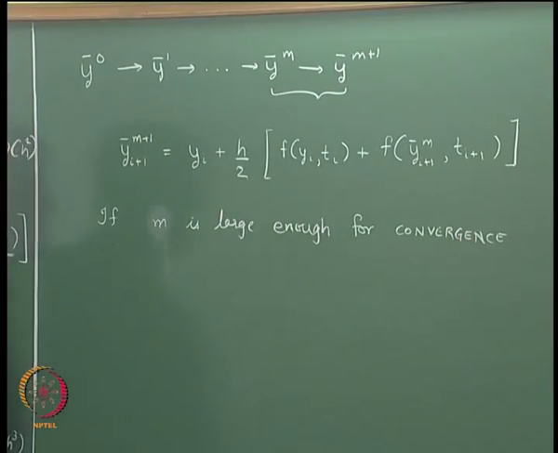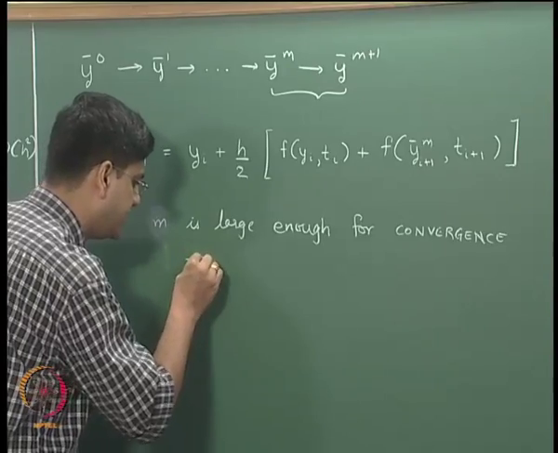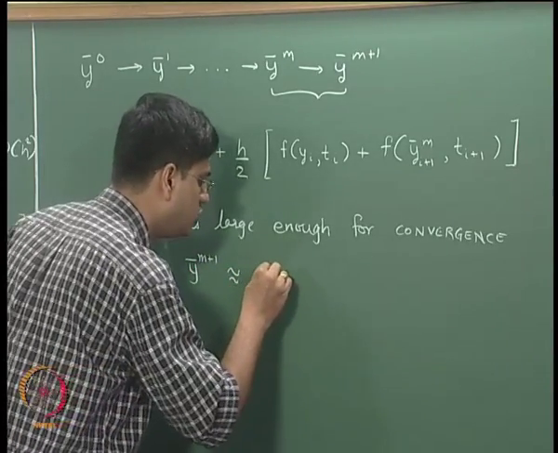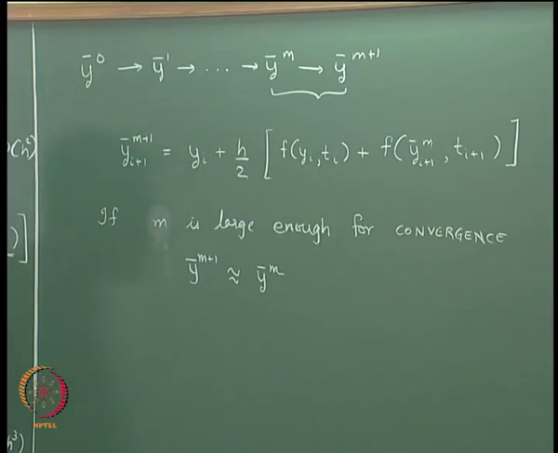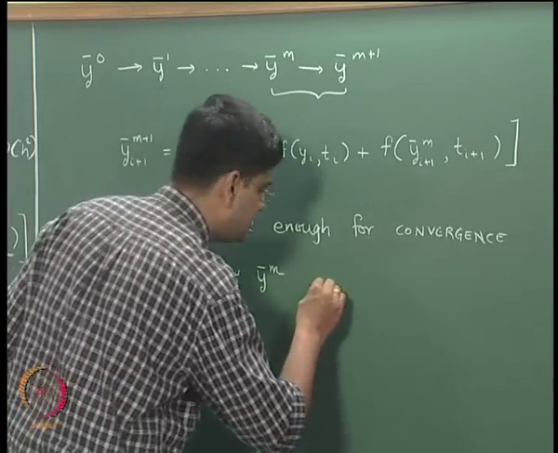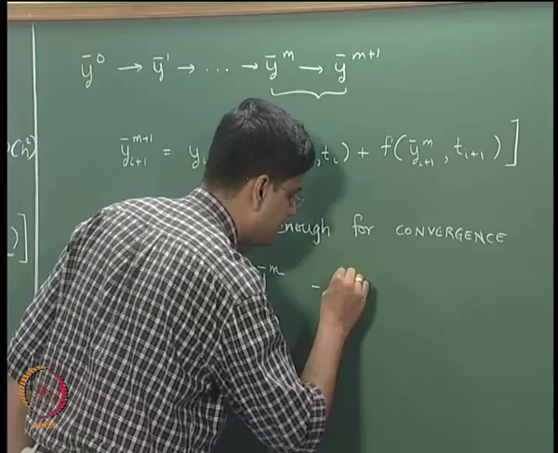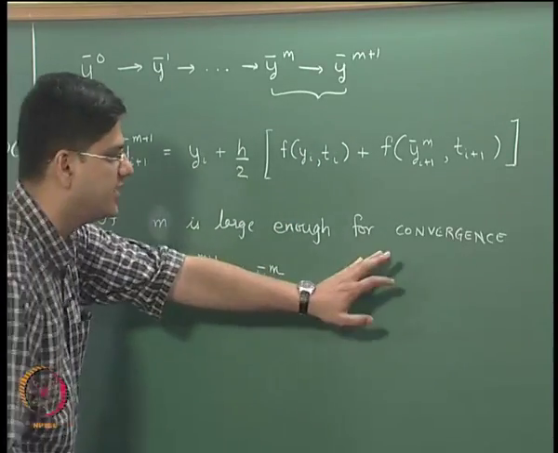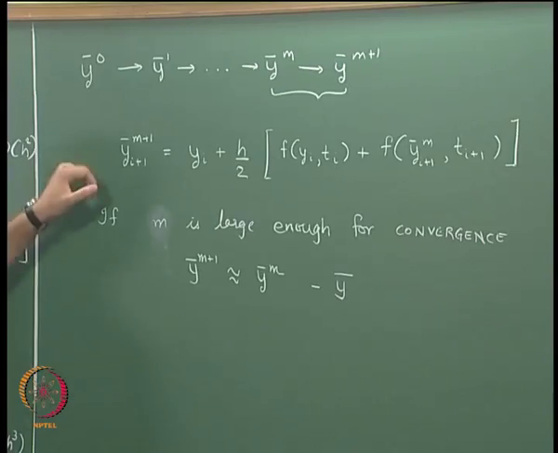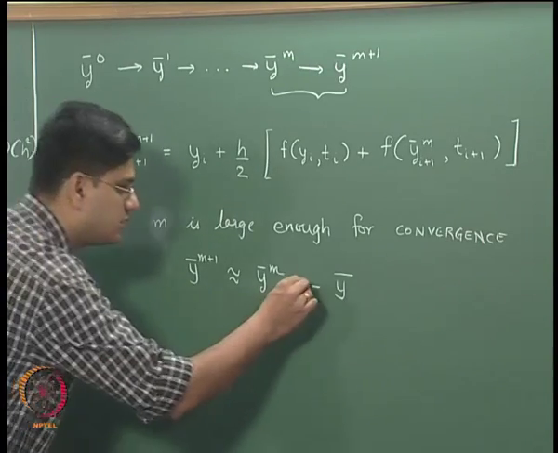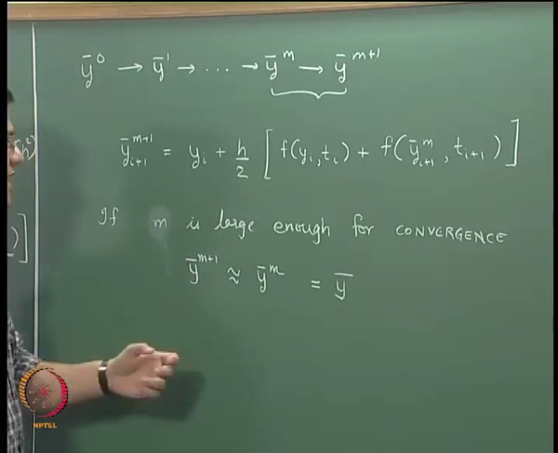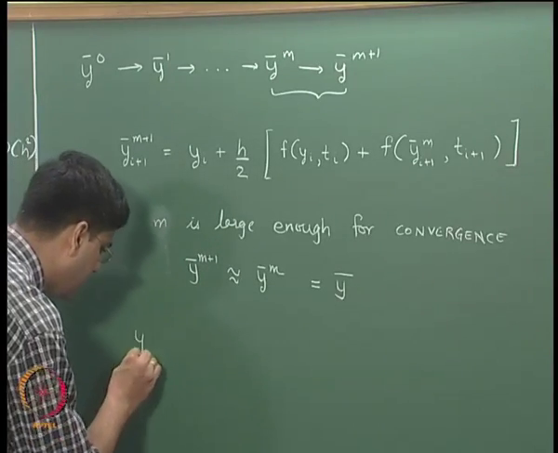If m is large enough for convergence, then what we are saying is y bar m plus 1 is approximately equal to y bar m, and let us just represent this as y bar without any superscript over here. So if we write y bar m plus 1 equal to y bar and y bar m also equal to y bar, we will get our y bar